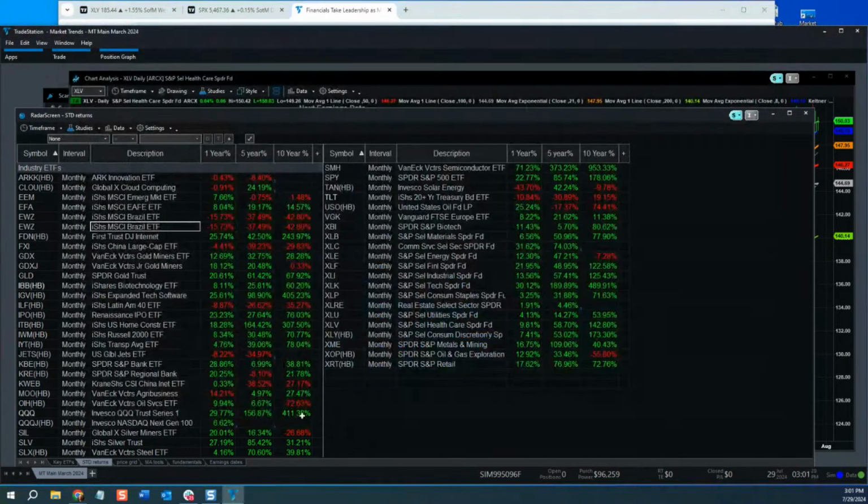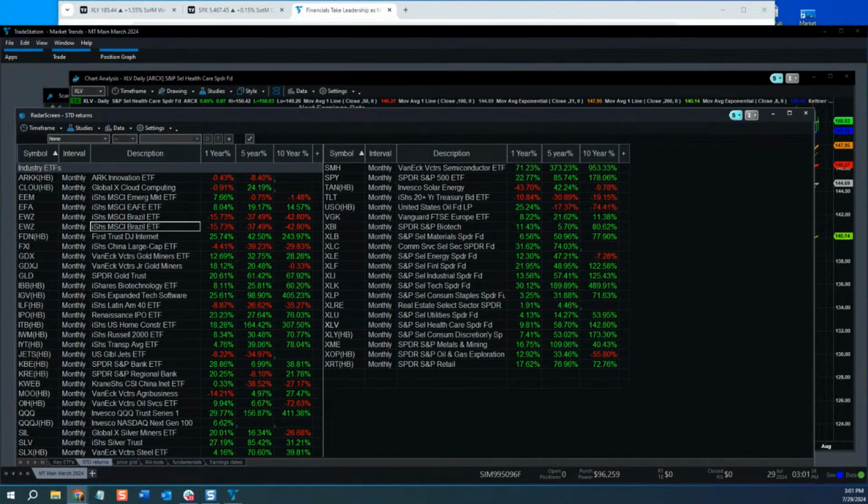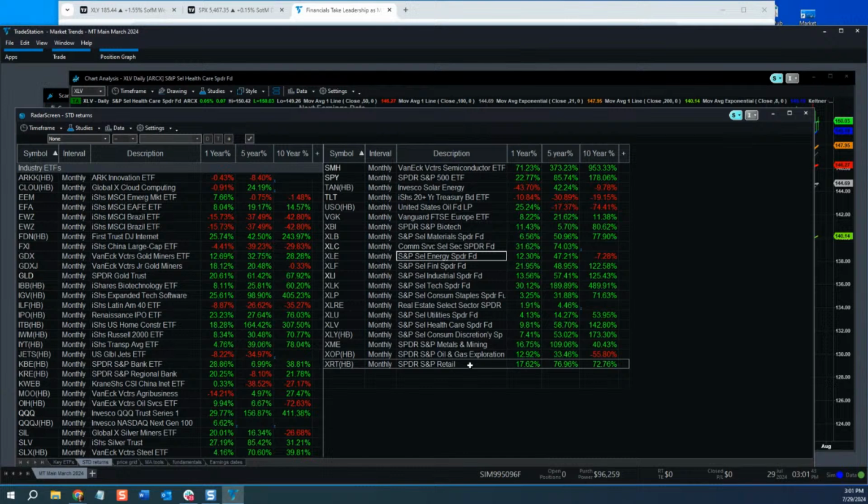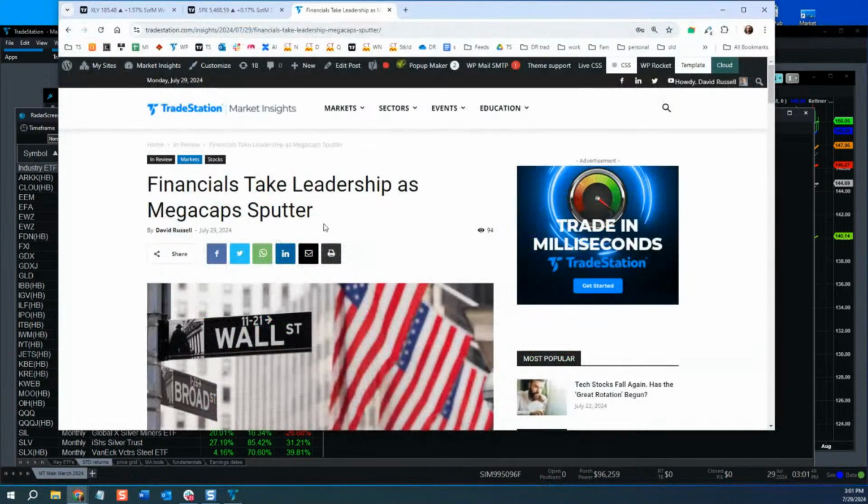My main thing here is I wanted to show you these standardized returns of some of these ETFs. And I'm going to be mostly looking at charts on TradingView because those allow me to put some drawings on there, and I know I'll never lose it because it's in the cloud and not a TradeStation workspace. So these are standardized returns. If you want to look at this article, some of the points that I'm going to cite will be in here. It was a pretty interesting one, with the financials taking over.